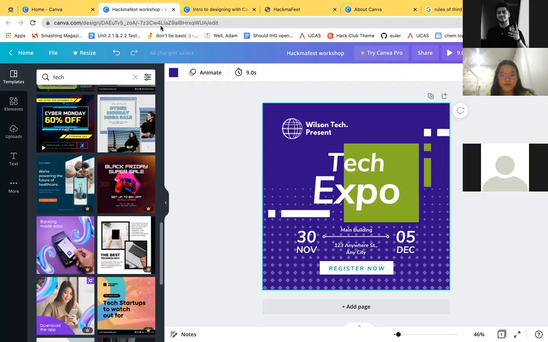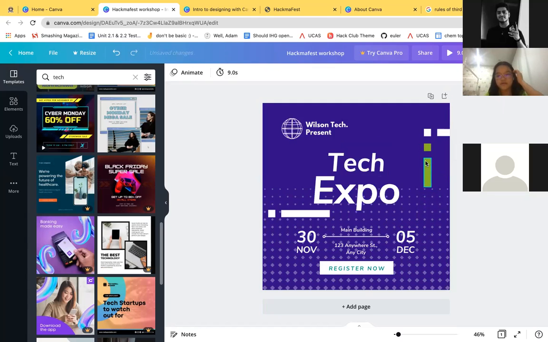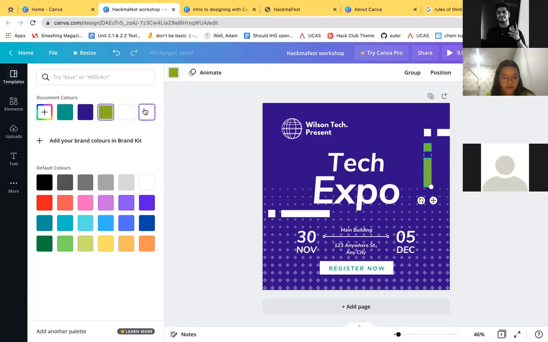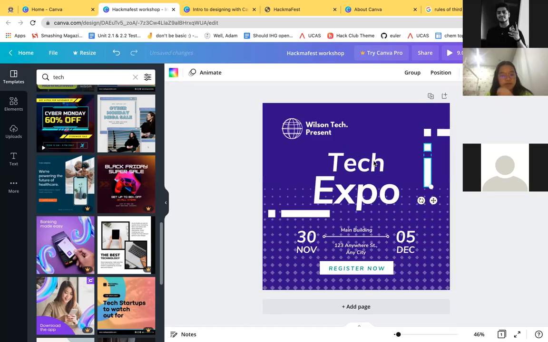Okay. So that's what we did. The next thing we want to do is actually, I will take this element and I will actually remove it for now because I feel like it's a little bit distracting, and then change these to white. Okay. So the next thing we want to do is we want to decide what we actually want to say, because often graphic design is not only about the design itself, but it's also about the copy, which is actually what you write. So first of all, we want to do this, and we want to type Hackmafest